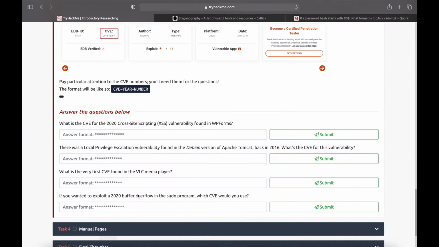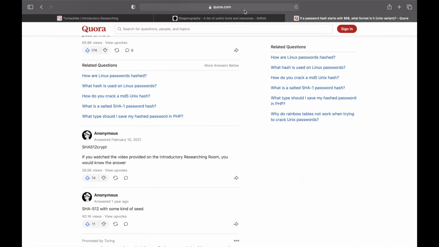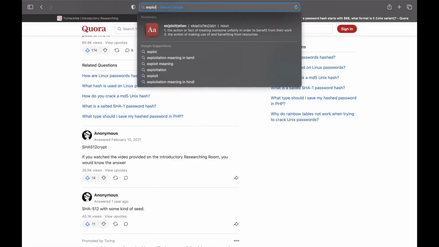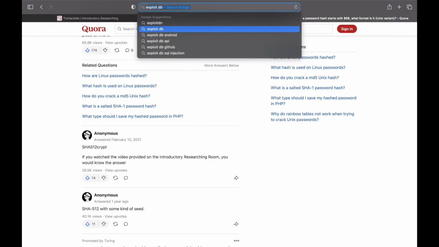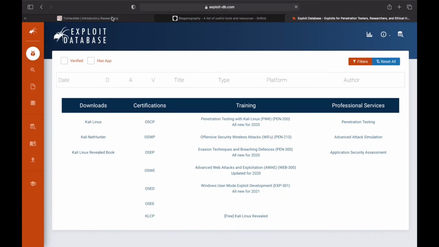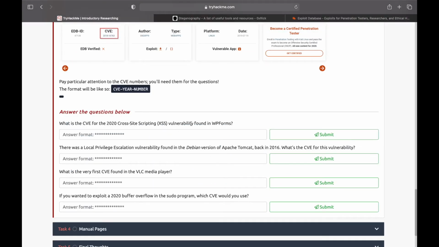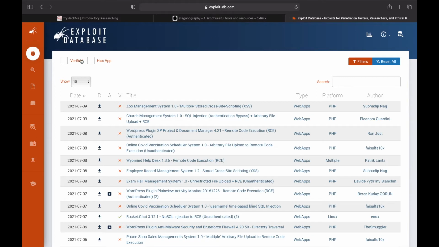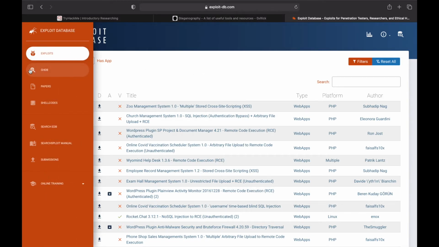Now I'll go through the Exploit DB website, and we are going to search for the cross-site scripting vulnerability in WPForms from 2020. Where we can see the title, we are going to do a search.